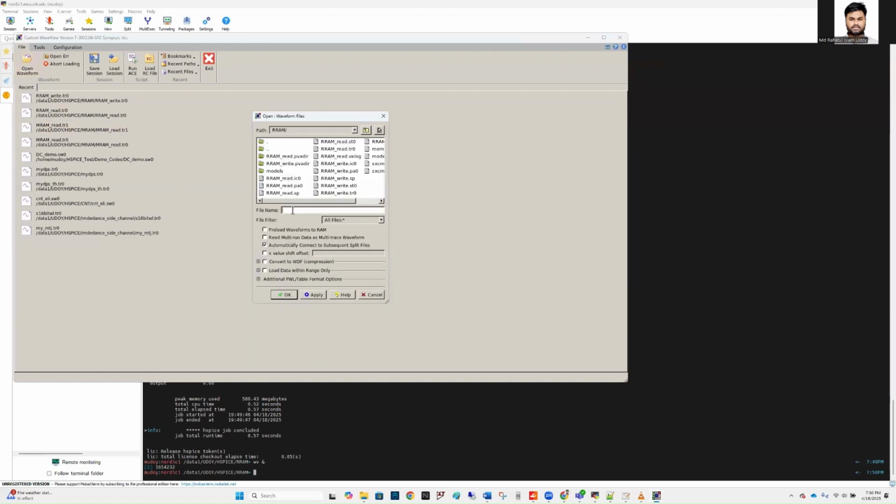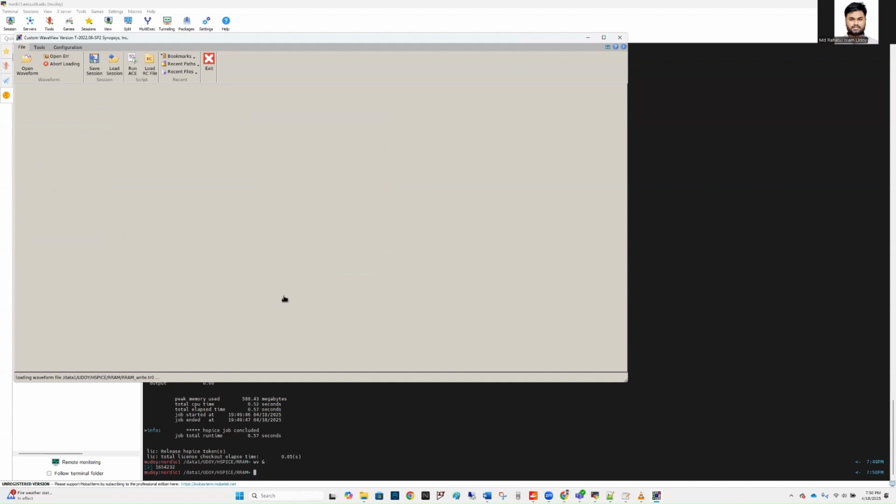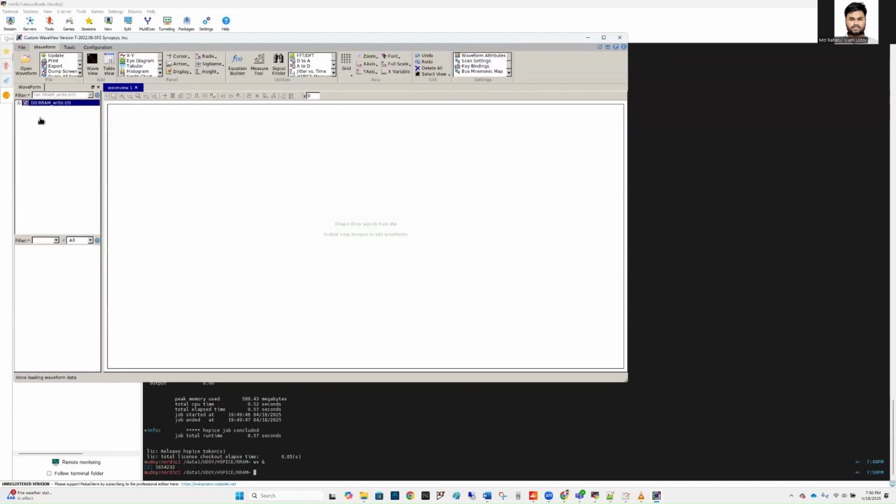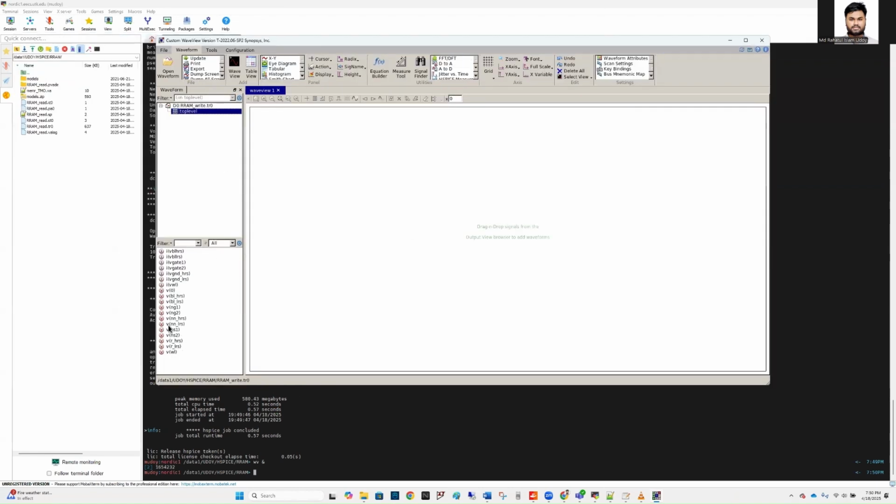Open the waveform. The code name was rm. Let me select it from here. So this is the rm write TR0. I'm going to open this file in the wave view. And let's go to the top level and check the bitline voltages. Okay. So the bitline voltages were